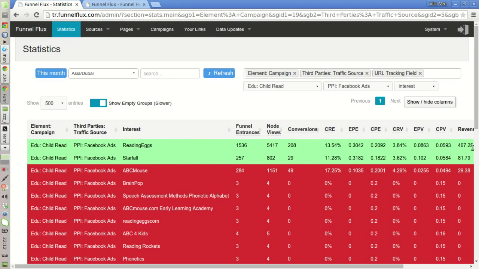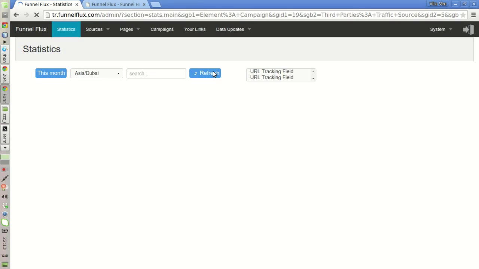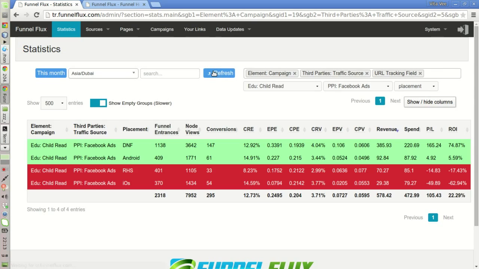Winning Eggs is making pretty much all the revenue here, $467, and Starfall, $81. But I started using this interest after this one, and the conversion rate is pretty much the same actually. And if we look at the placement tracking field,